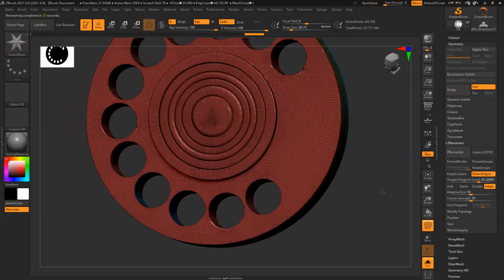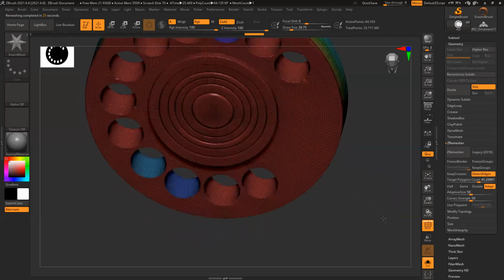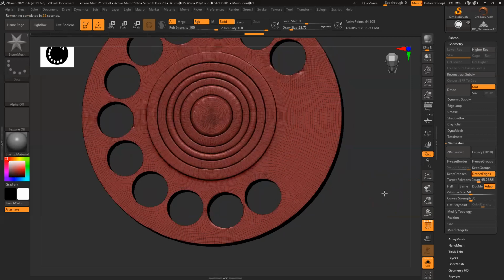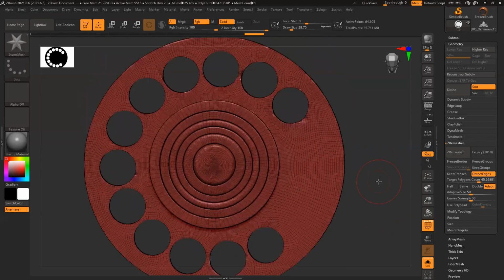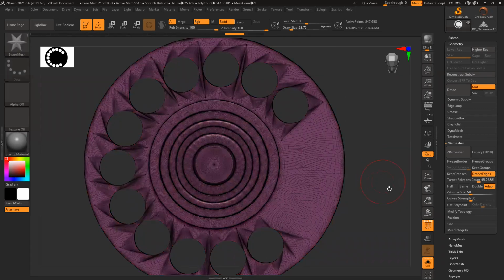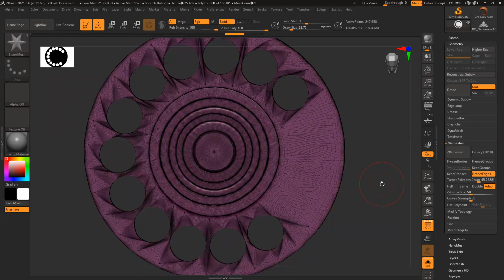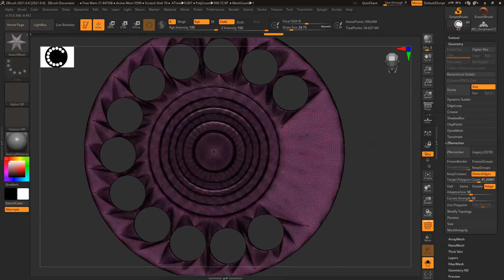It kind of detects edges, but not everywhere. Control Z. What I'll do is Control D this and delete the lower division, so I have more polygons here to hold the shape.